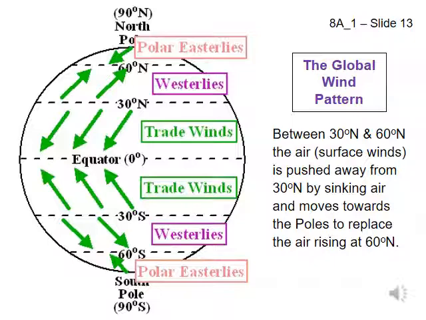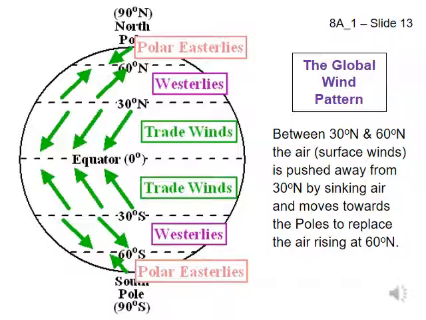I will sometimes ask you what direction the wind is at a given latitude. I expect you to go to the global wind map to answer the question. For example, if I were to ask you what the direction of the winds are at 50 degrees north, I expect you to look at the global wind map. Note that 50 degrees north is between 30 degrees north and 60 degrees north, so it is in the wind belt we call the westerlies in the northern hemisphere. The westerlies go northeast. So, the winds at 50 degrees north go northeast. Reminder, winds and currents are often named for the direction that they come from, not the direction that they are going to, so the westerlies come from the west and blow towards the east.